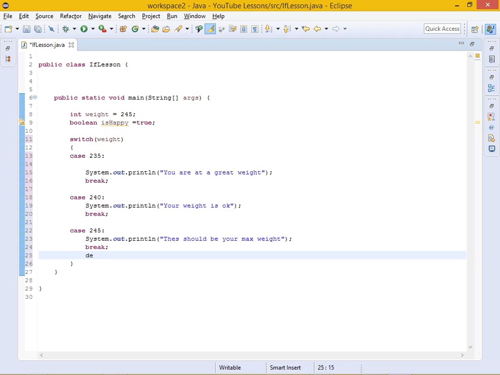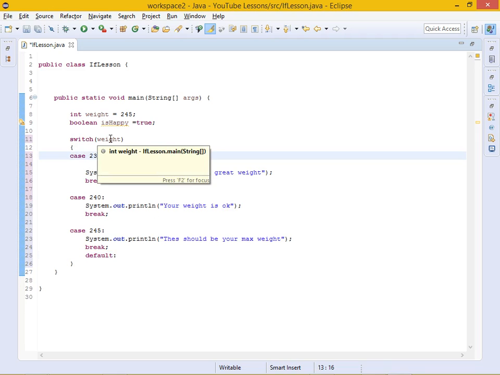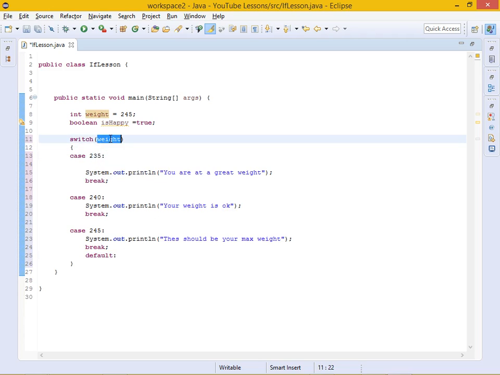And you don't have to, but I like to add a default. So basically I have my variable in here. It could be a char, it could be whatever it is. You put it in here and it evaluates what this is equal to. So instead of having multiple if statements, you can use a case statement, a switch. Okay, so it's saying if weight is 235, just do this. Weight is 240, do that. 245, do that. If weight is none of these that I've listed out, then